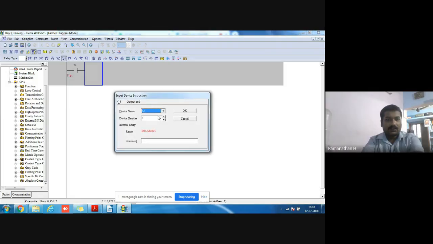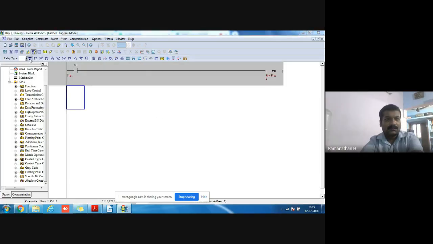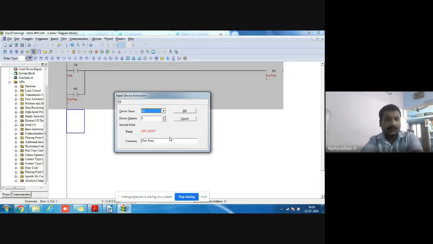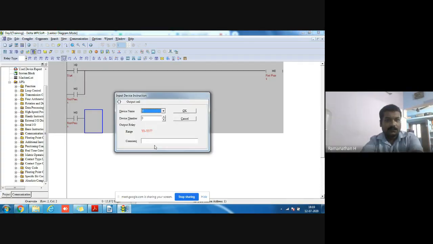Here I use one memory coil. Yesterday I told about the memory coil, the dummy coil concept. A dummy coil is given for the first press, and we latch this input with the dummy coil. Then with this dummy coil output, our real field output will be on. So I map this to the real field output.